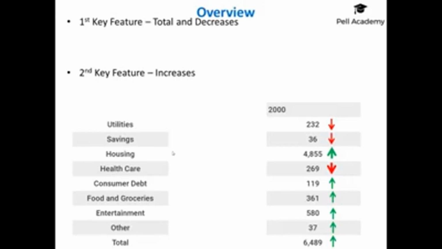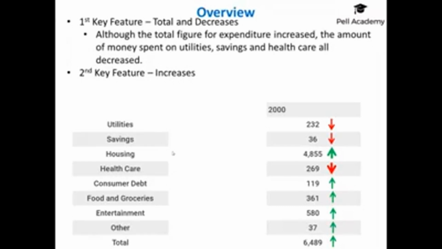My first key feature was, although the total figure for expenditure increased, the amount of money spent on utilities, savings, and healthcare all decreased. So that has included my total, my decrease, and I have "although this, comma, that." So this cohesive device I have used to show there's a contrast between this information. Now, when you consider, I've pretty much said everything because I've said that total increased, these 3 decreased, so it's